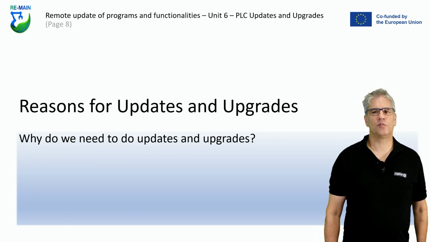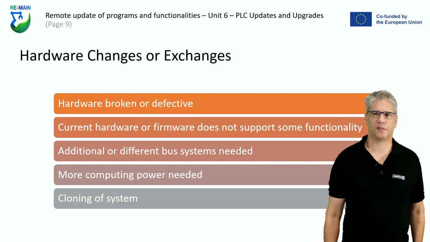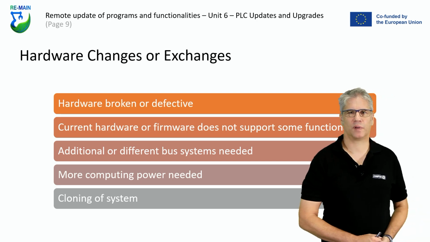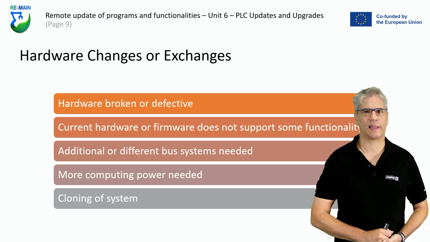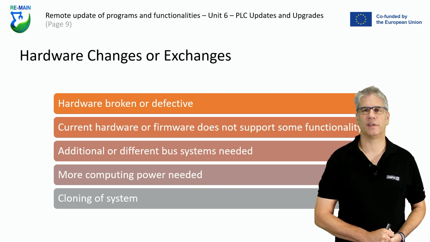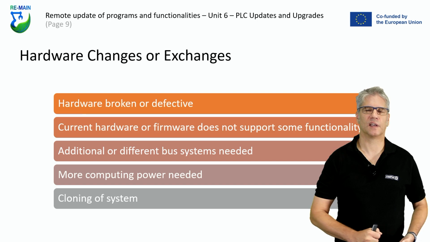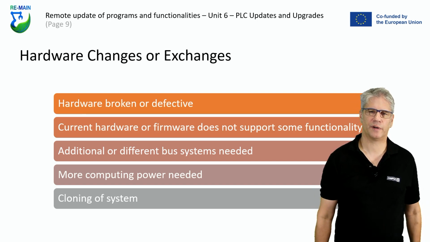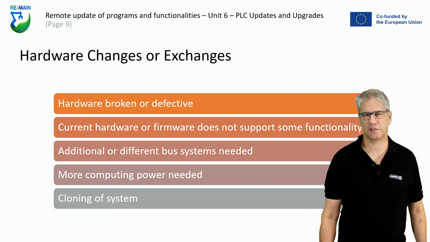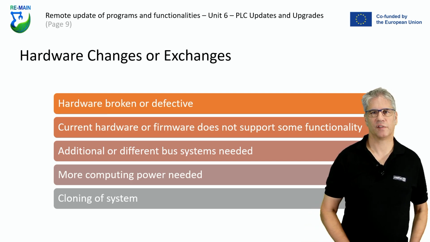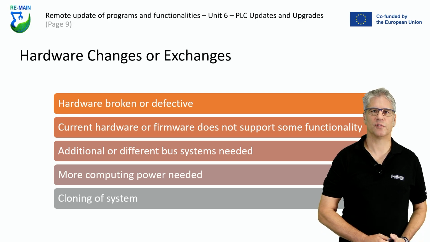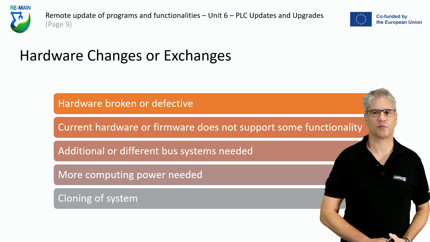And why do we need to do that, especially on a PLC? So what can happen on a PLC? The hardware can be broken or defective for any reasons. You know, a lightning strikes somewhere near your place and the electricity ruins the hardware, or somebody crashes the hardware for any reasons because somebody in production is doing something that he or she shouldn't do, or somebody's working with electricity and introduces a bug. So the hardware could be broken for such reasons.